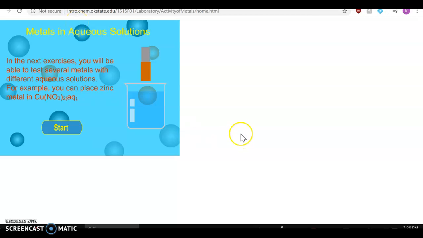Okay, so this is how you're going to perform this little simulation of a single replacement lab. This is something that we would have done in class, but obviously that's not going to happen, so we're going to use a simulation. All right, so you're going to go to the link that I gave you, and then you're going to